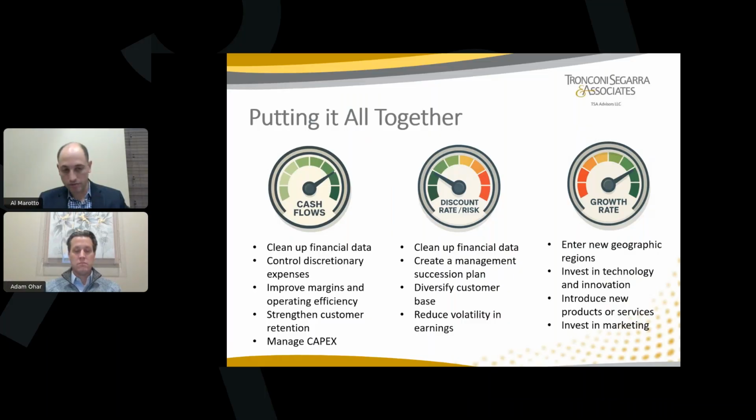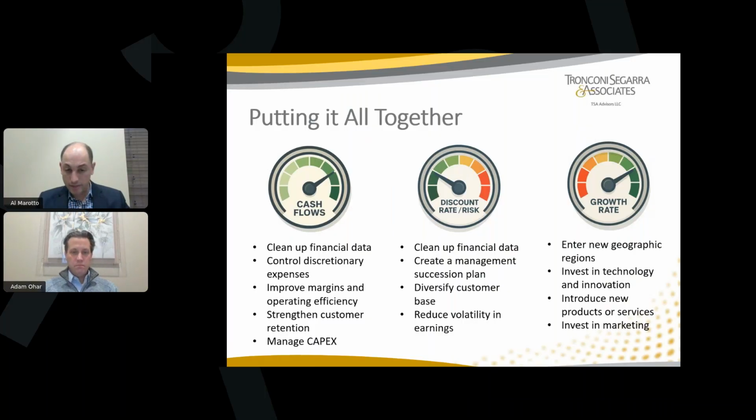And as you know from this presentation, we look at 5 years' worth of historical data. So we're going back 5 years, we're looking at all that, and we generally clean it up. But if you don't have clean financial data and you can't determine what expenses you're running through that are discretionary, that we can't pull out to enhance your value, well, that's value you're leaving on the table because you decided to take it out today instead of saving it for tomorrow, essentially.